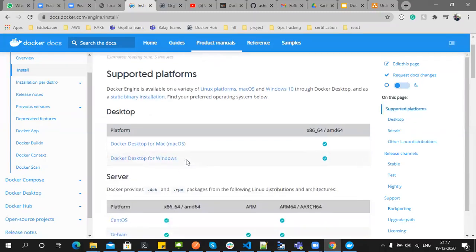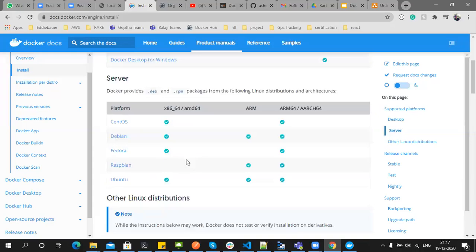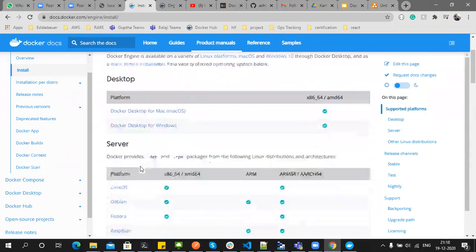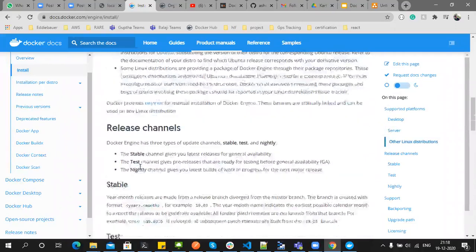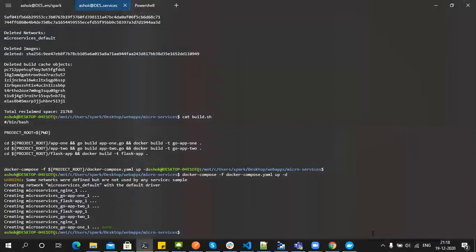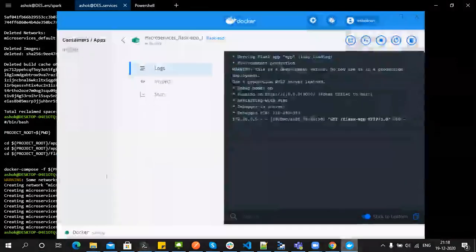On Mac it will be a dmg package, on Windows an exe, and on Linux a Debian package or RPM package. Once you install, I'm using WSL, the Windows Subsystem for Linux, and I have installed my Docker Desktop.